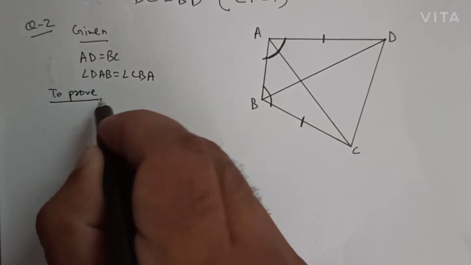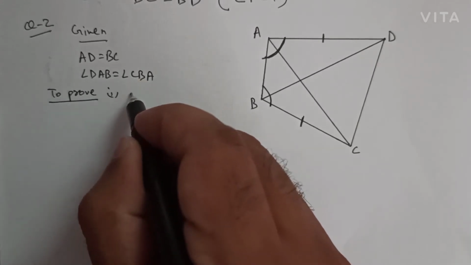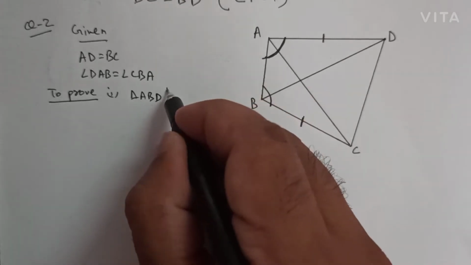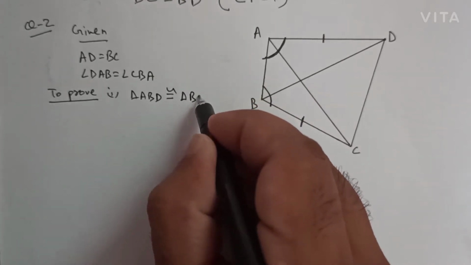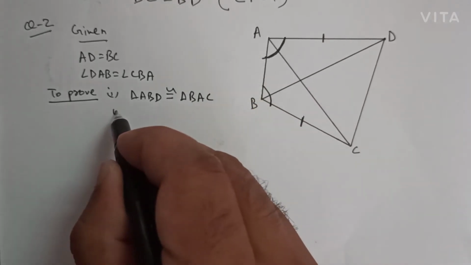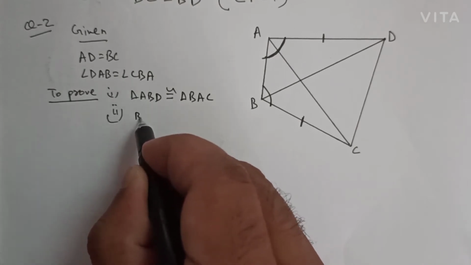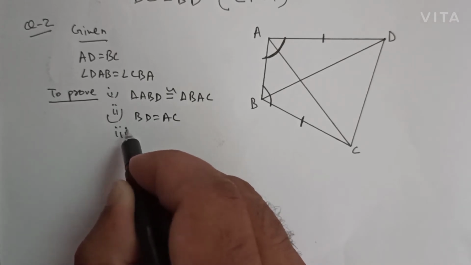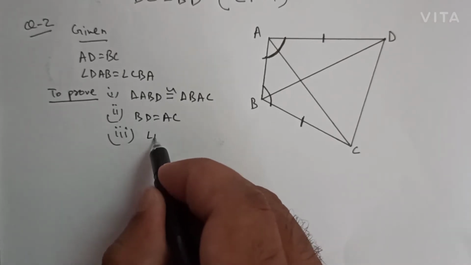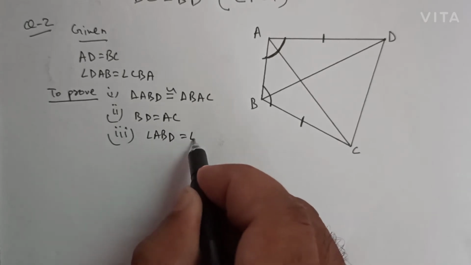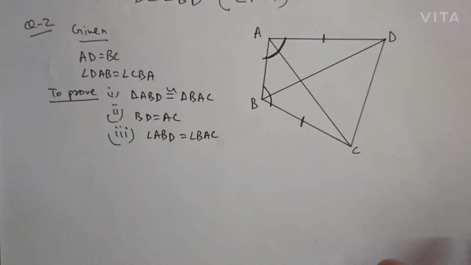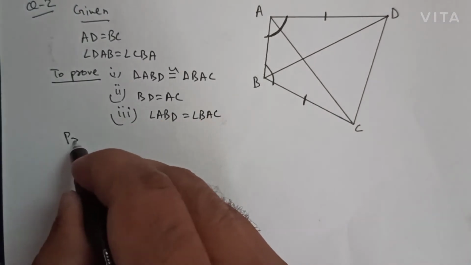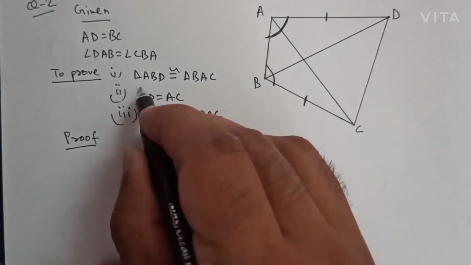Prove first part, triangle ABD is congruent with triangle BAC. Second part, BD is equal to AC. Third part, angle ABD is equal to angle BAC. This is what we have to prove. So first of all, we will start with the proof and we will consider the two triangles which we have